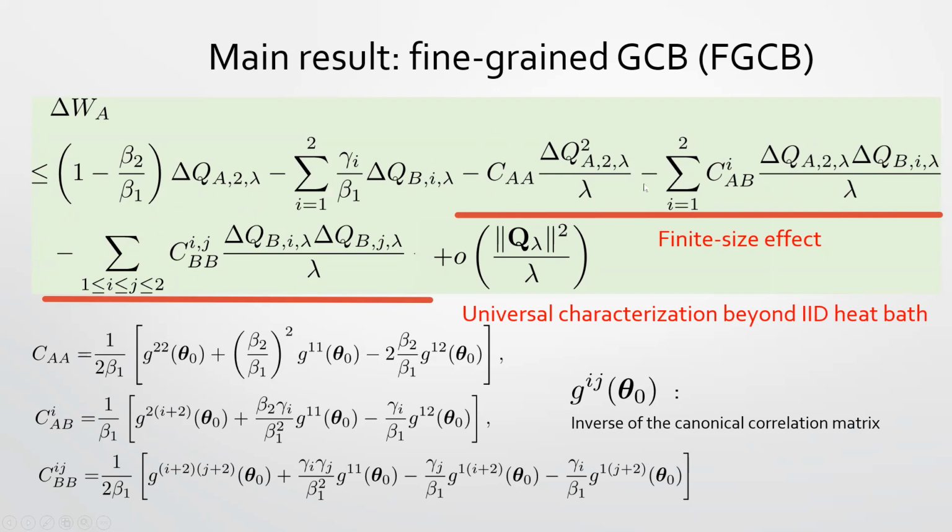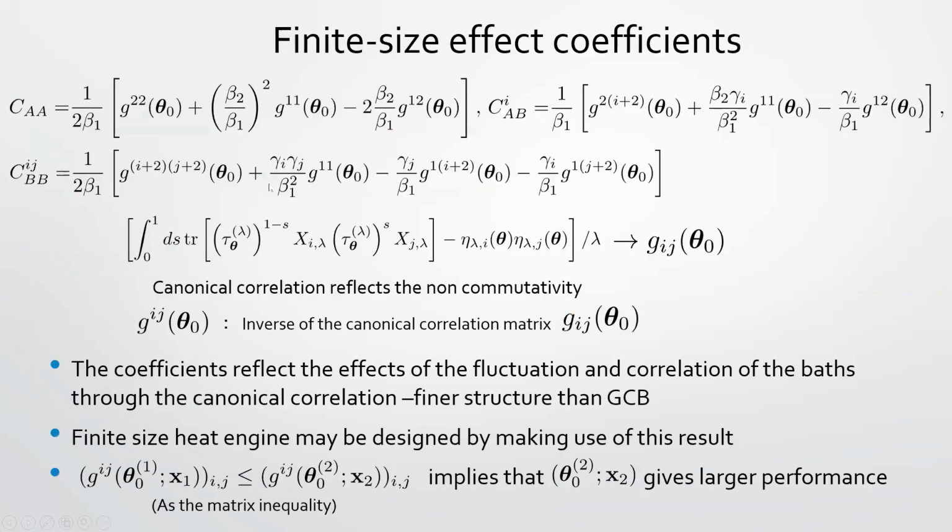So then we have so many complicated coefficients. This one is the previous one, but also now we have physical quantities B1 and B2. Due to that reason, we have this additional term. This is the cross term, and this is the A term, and this is the B term. So we have a more complicated term in this way. So in this way, we can derive this upper bound. This is very complicated.